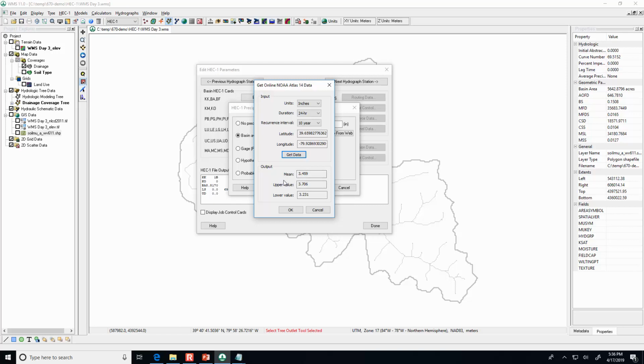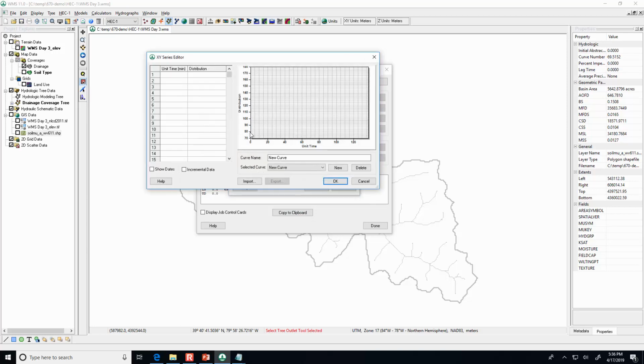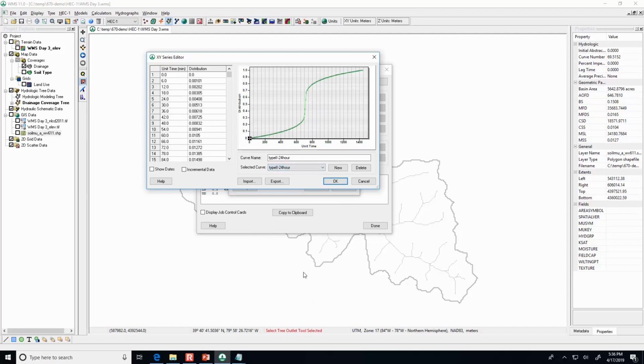And then the confidence interval, the upper 95% confidence interval, is as high as 7.6 inches of rain, and that confidence interval goes as low as 3.2. So it got our rainfall data. Now here, for defined series, is where we tell it how to distribute that over time. That's just the depth, but what we want to do is turn that into a type 2 24-hour storm. And so now it tells us, over the course of a one-day storm, when is the rainfall actually happening?